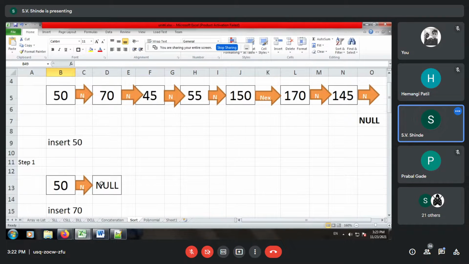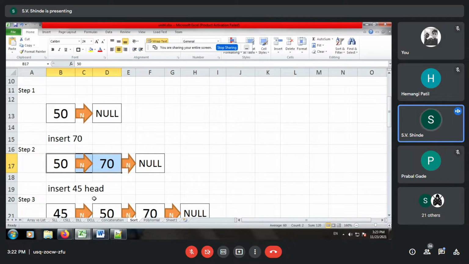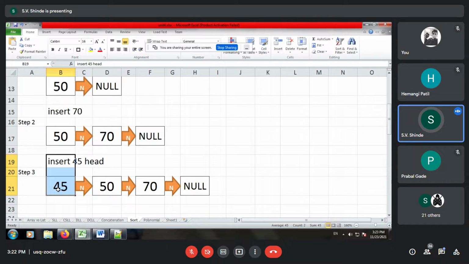Here we have worked with this linked list in yesterday's program, using the insertion method, that is insertion at the head node and appending nodes which are greater than the head to the right-hand side. So we create the linked list in sorted order. Then we also learned that we can insert at the head if it is smaller than the head. So since 45 is smaller than 50, we insert it at the head node.